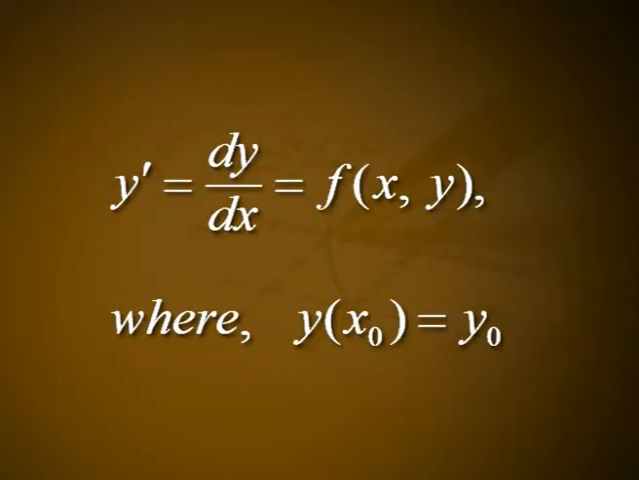For the differential equation y' = dy/dx = f(x, y), where y at x0 equals y0, where x0, x1, x2, etc. are equally spaced x values with interval h and with the corresponding y values y0, y1, y2, etc. The third order Runge-Kutta formula for y1 is given by